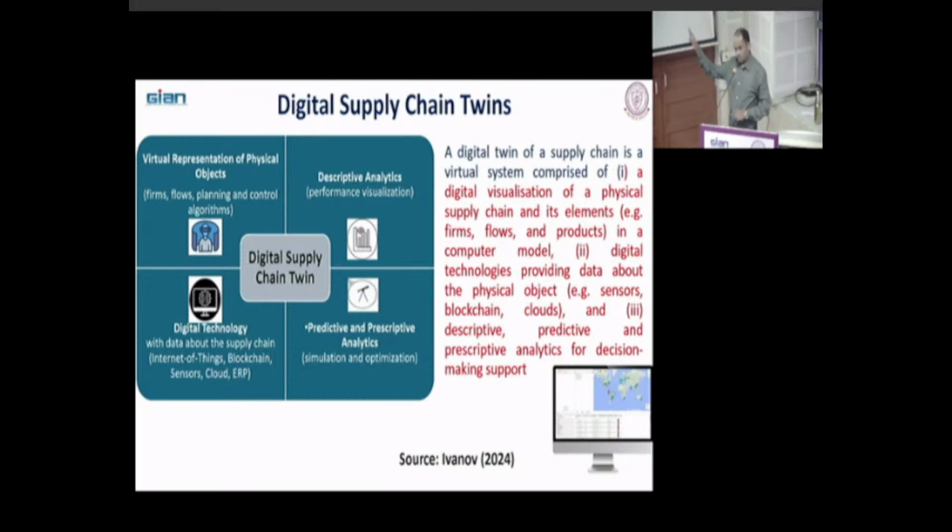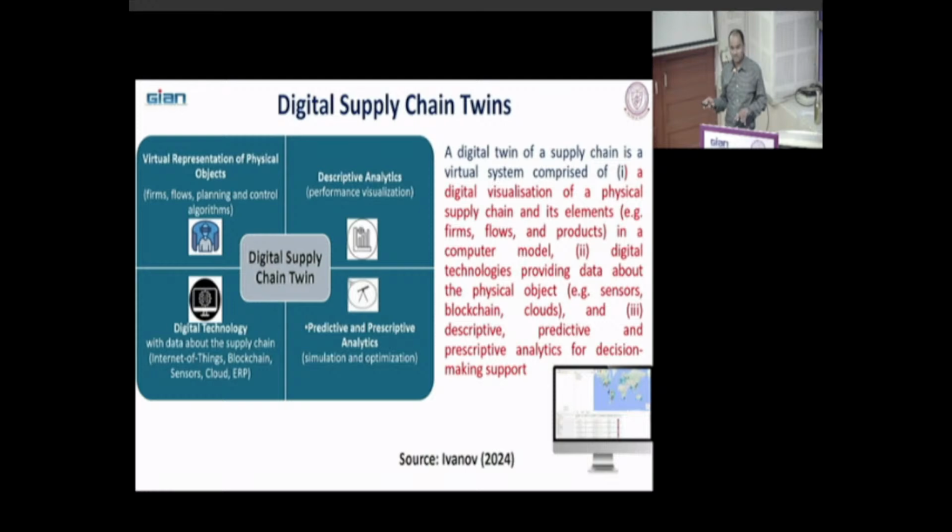So again, we looked at a couple of definitions, but this Professor Ivan has given a very nice and interesting definition of digital supply chain twins that covers 4 aspects. What are those 4 important aspects? A digital twin of a supply chain is a virtual system, a virtual replica of your physical world. It includes, first, the digital visualization of a physical supply chain and its elements. So virtual representation